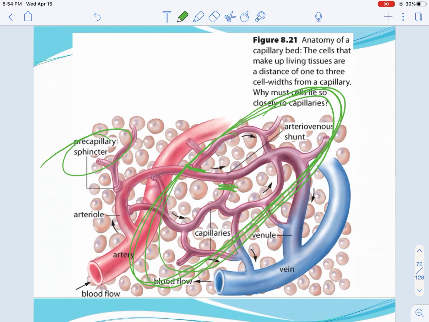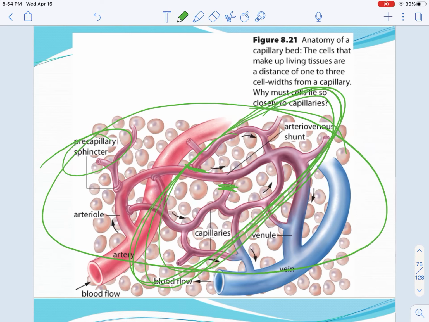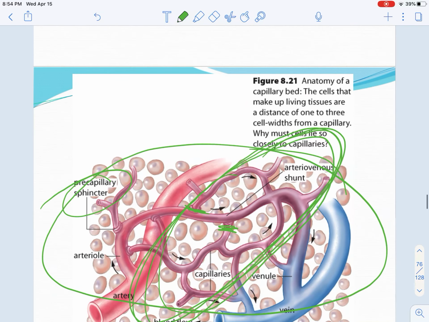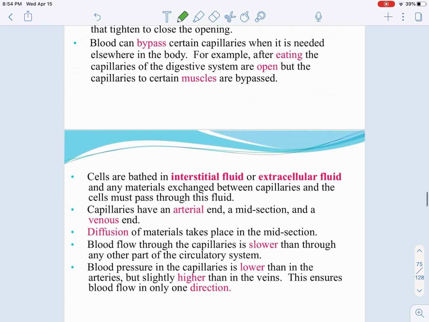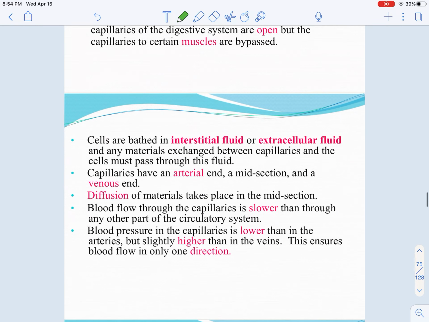And so someone pumping up their biceps for a photo shoot or something, basically working that muscle will open these sphincters, blood will go to the area, and basically more blood to the bicep is what is making it look bigger. So those aren't always open, they're just open when they're needed. Okay,